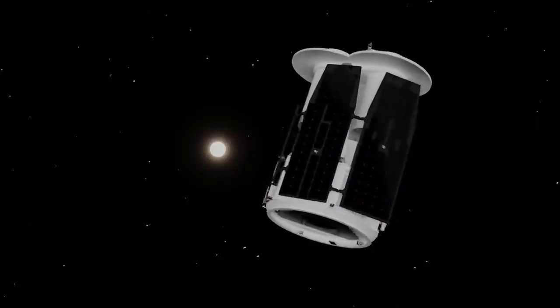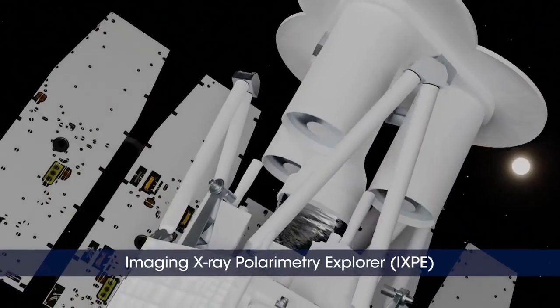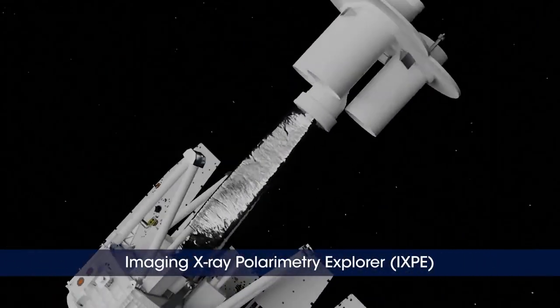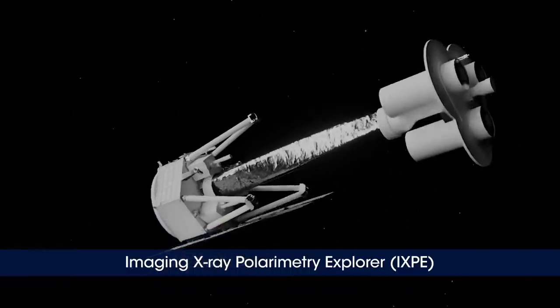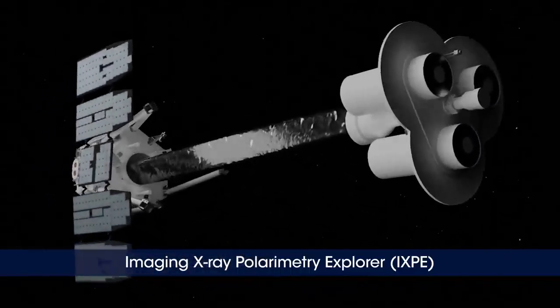Thomas, I'm really excited today because we're talking about a new mission that's going to launch soon, and it's studying the universe using a different technique than one that most people are familiar with. That's right, it's an X-ray telescope, and it's actually an imaging polarimeter, also known as IXPE. It's an Explorer mission. It's much smaller than many of the other missions, and it's looking at X-rays in entirely